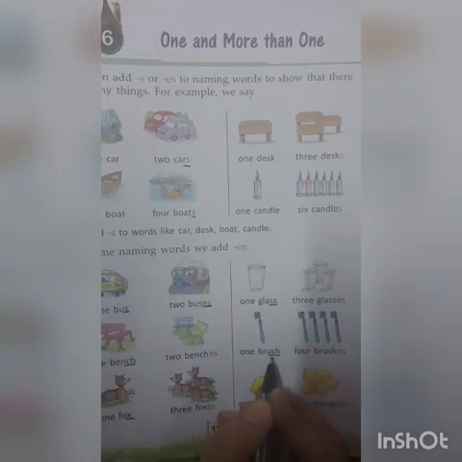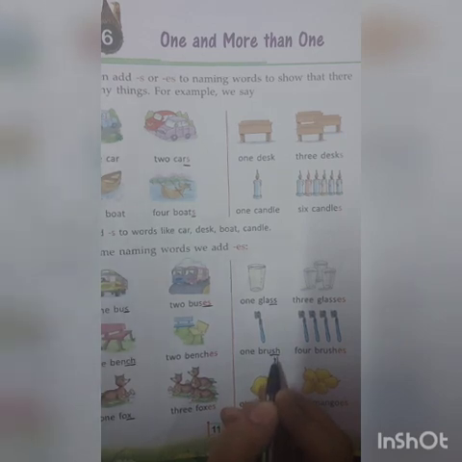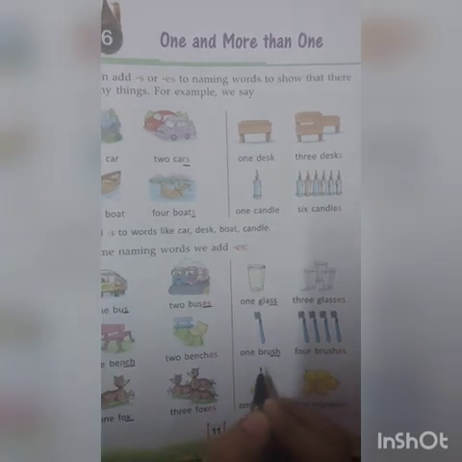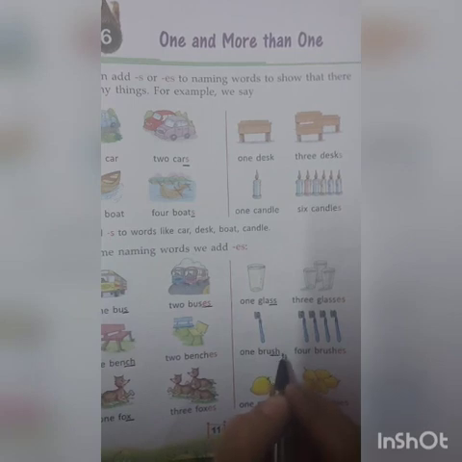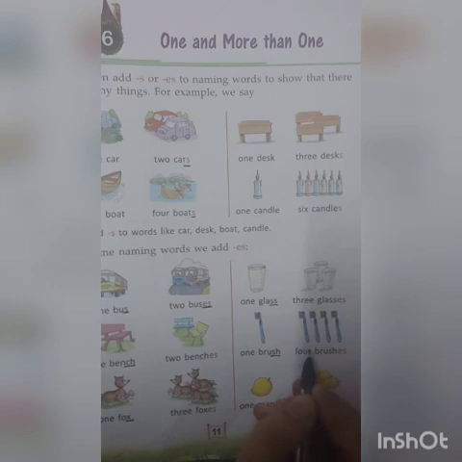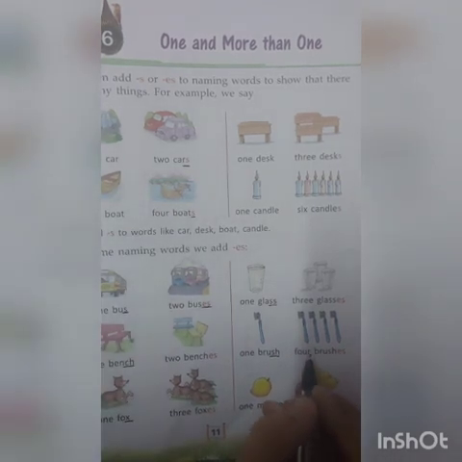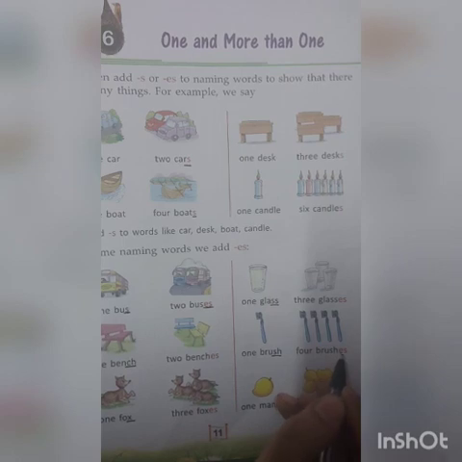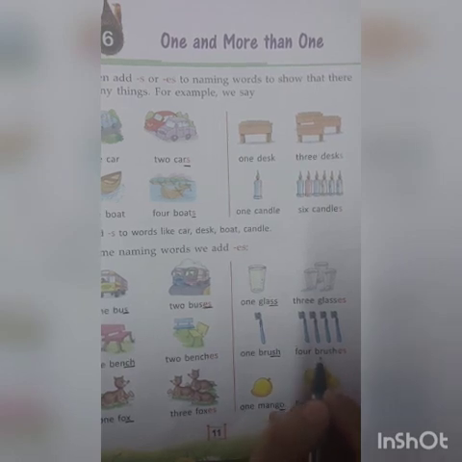One brush. Brush is ending with the letters sh. So if we have to show more than one brush, then we will add es to it, and we will call it brushes.